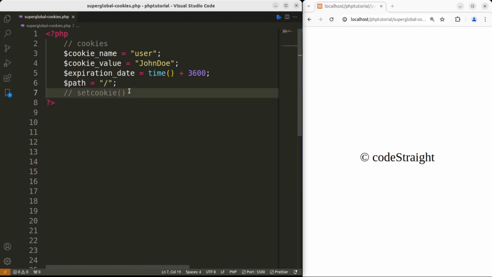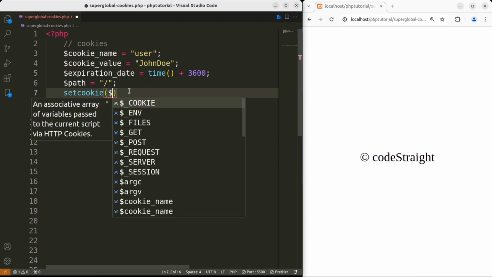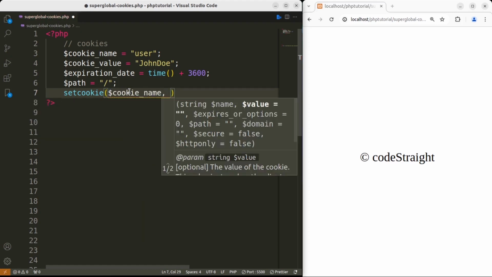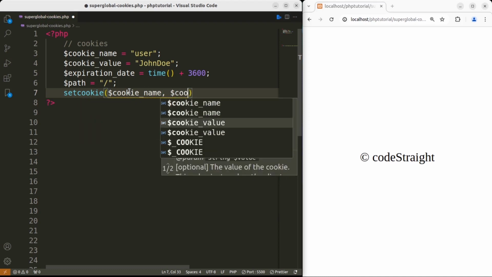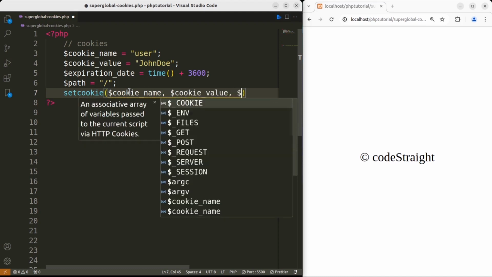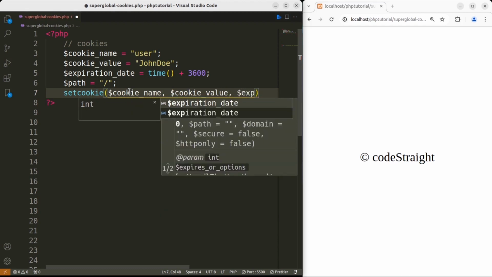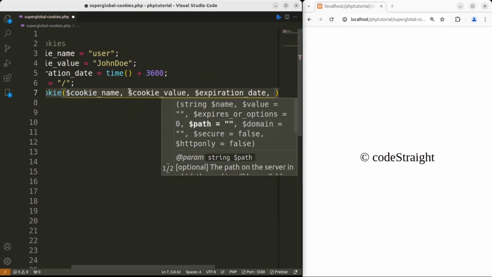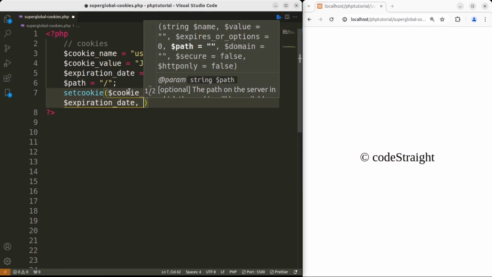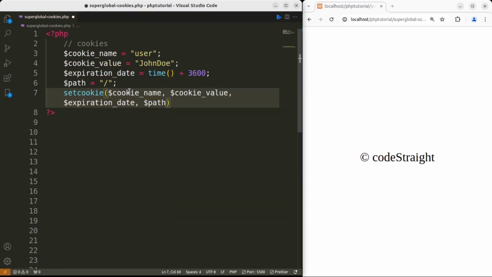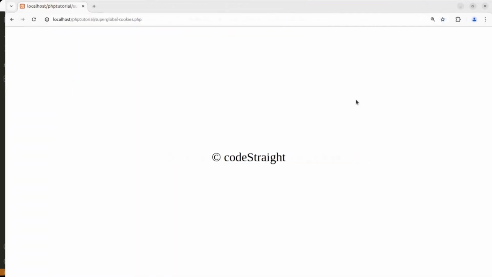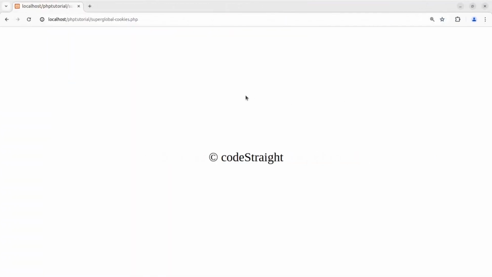Now let's comment the function out, and let's pass here all of these arguments, say $cookie_name, comma, $cookie_value, comma, $expiration_date, comma, let me wrap the editor, and then $path, followed by semicolon, and hit save. As you hit save, nothing happens, but let me maximize the browser, and if you turn your